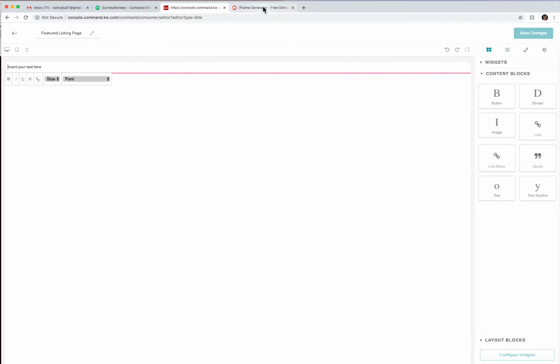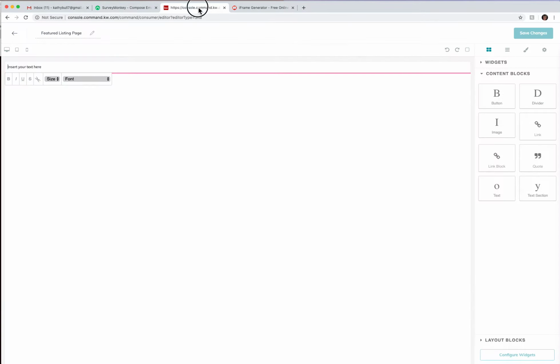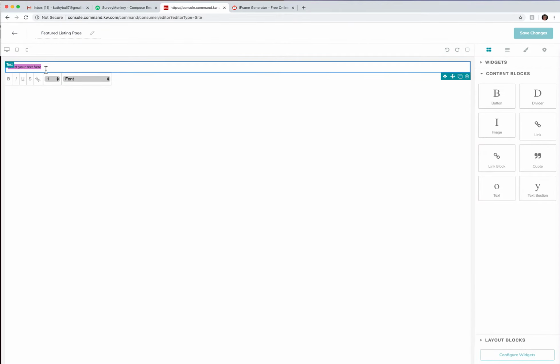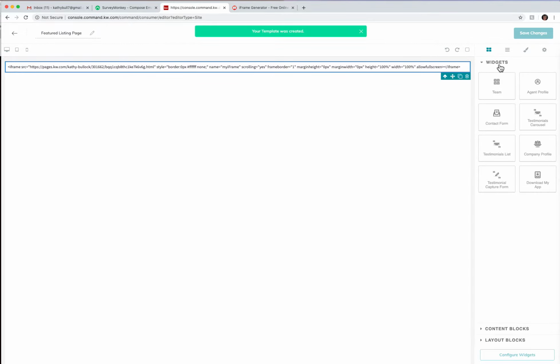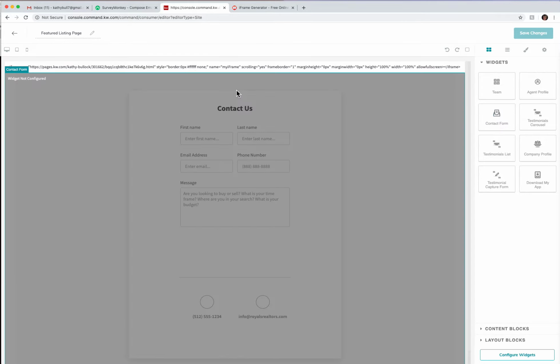I then can come over to my iframe generator, copy my code, come back, and you have to make sure all of this text is highlighted so I now can paste the code in there. Now this will not actually become any type of a web page unless I actually go in and put a widget with this page. So I typically like to come in and just add in a contact form, and you can see I've clicked down, held the mouse down, and I've brought a green line over,